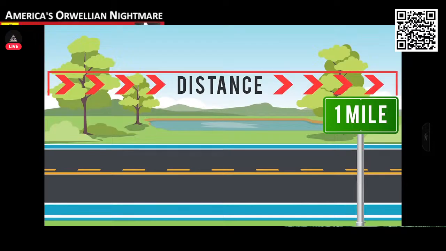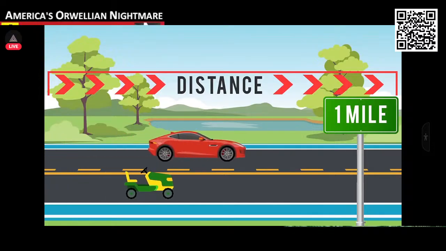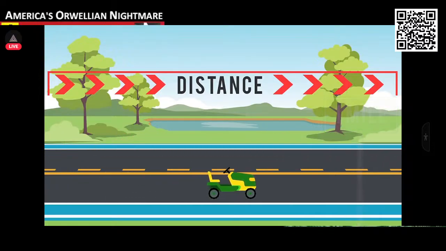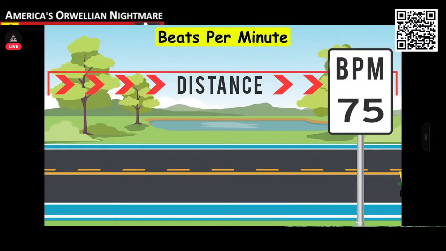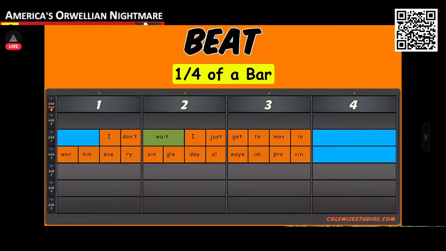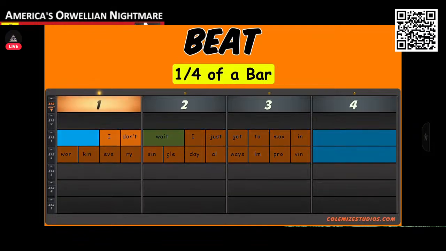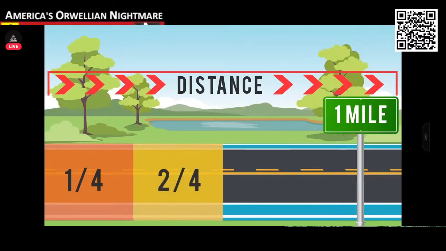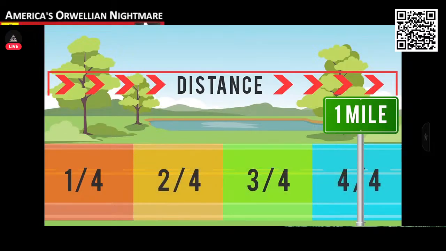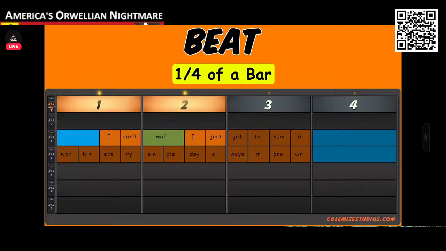And just like a mile or a kilometer in the real world, a bar is typically always the same length. However, what does change is the speed that we travel across these bars. If you drive a mile on a lawnmower, the distance will feel so much longer compared to you using a sports car, and this is due to the difference in speed known as miles per hour or kilometers per hour. And in music, this is called tempo or BPM, which stands for beats per minute. And a beat is a quarter of a bar. So just like in the real world, we can divide a mile or a kilometer into 4 even pieces known as quarters. We also divide bars into quarters known as beats.